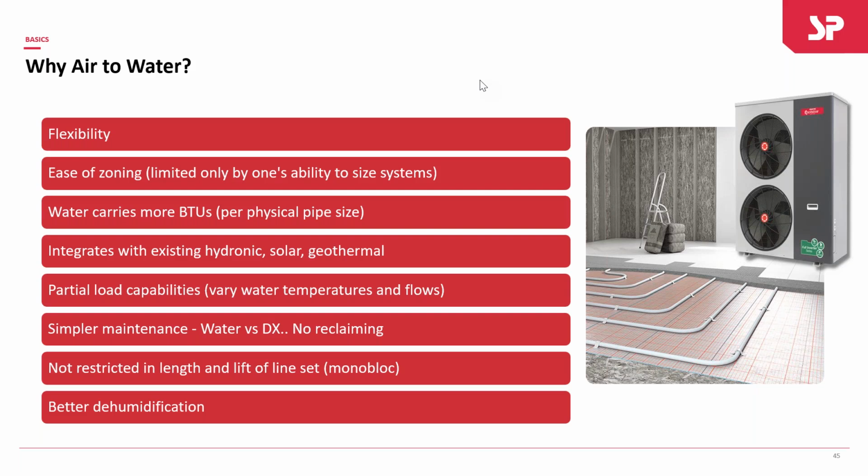Partial load capabilities, the ability to match partial loads with the air-to-water heat pump system is virtually unmatched. If you have a room that needs 500 BTUs or a room that needs 25,000 BTUs, the same system, when designed, piped, and pumped properly, can handle those two very different applications simultaneously. Super simple maintenance. We're not restricted on a lot of things with our monobloc design that we may have been in the past, or with straight refrigerant type systems where we were worried about maximum line length of run for refrigerant lines and such. We'll also talk about